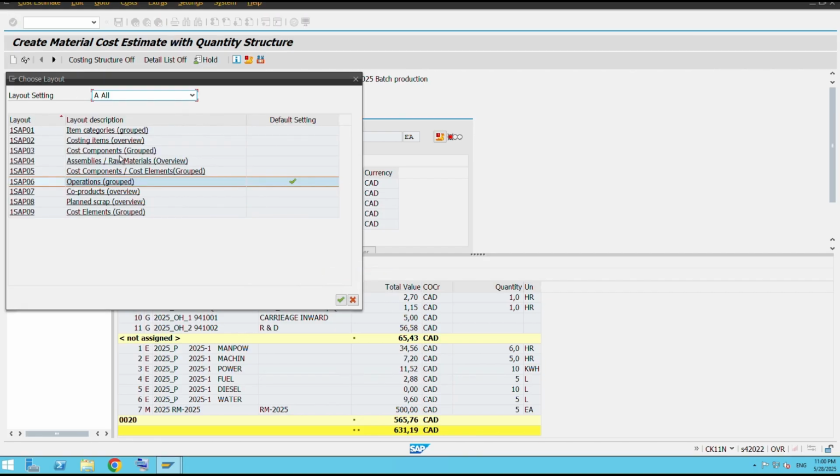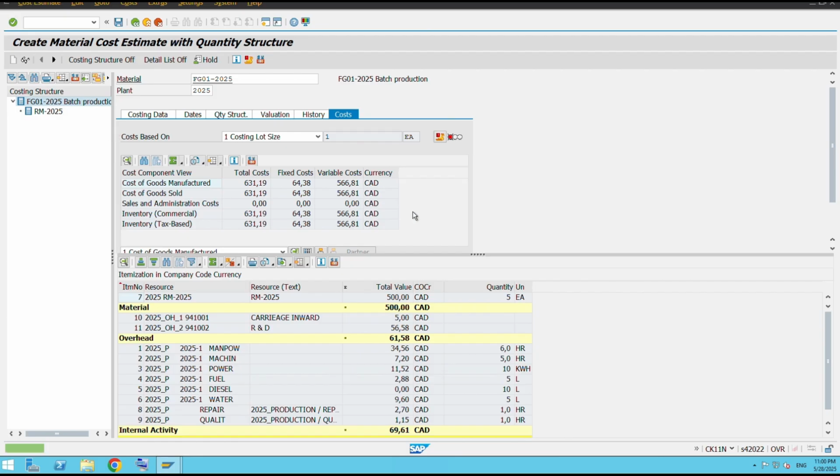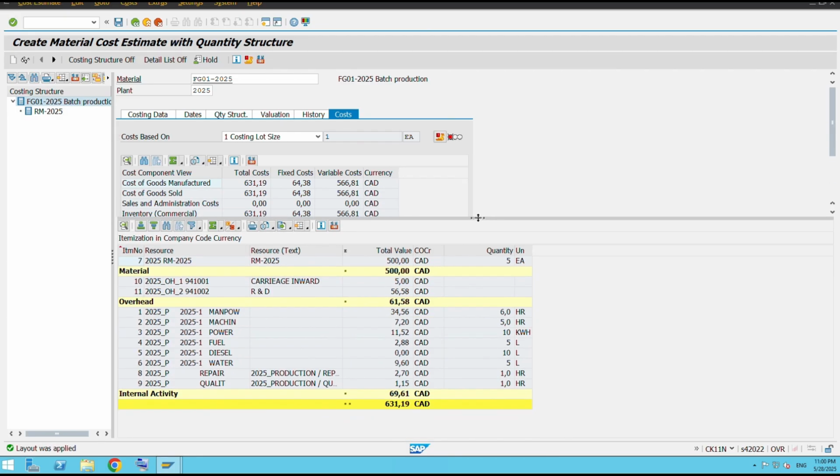Choose layout, item categories grouped. Okay, so raw material cost is calculated. Overhead is calculated correctly. Then activity cost up to here, and this is coming from template allocation. So all the cost is pulling in this FG material cost calculation, FG01. Okay, now let's go back to the second material, which is